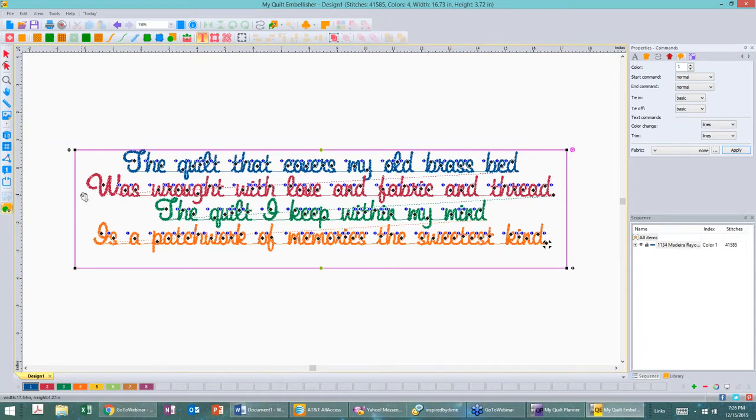Now, I don't change my thread. I leave it the same thread color, but when it stops, I'll trim the top. I don't really care about the back because it's going to be against my quilt anyway, so I can leave it that way. Okay, now let's take off that color change and apply again. And now let's